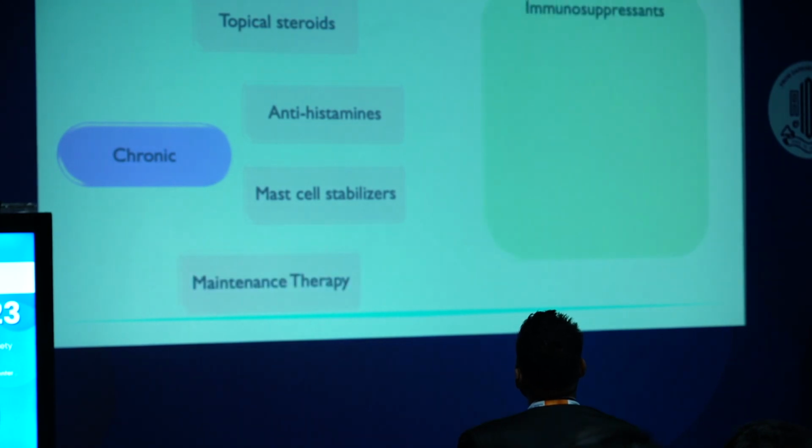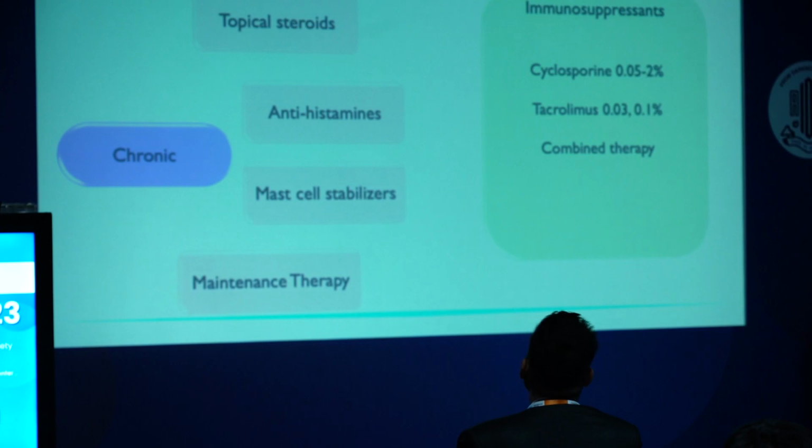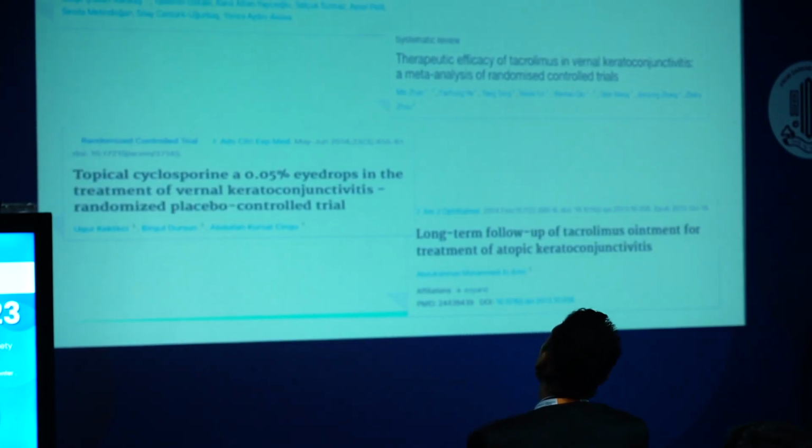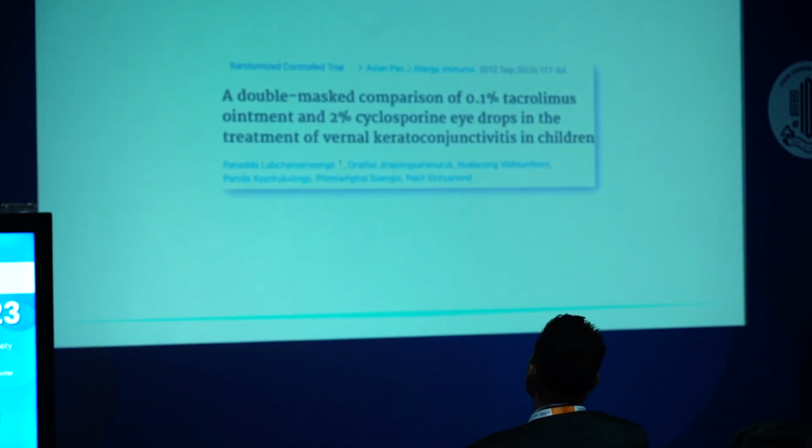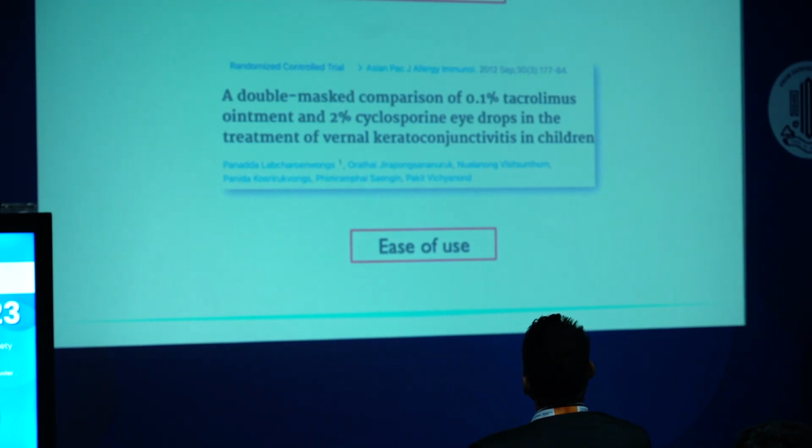Now, because the patients have chronic disease, they will require maintenance therapy, and here topical calcineurin inhibitors are the drugs of choice. And they also have a delayed onset of action. They start somewhere between 6 to 8 weeks, and so it is imperative to give the patients corticosteroids in the acute phase. The effectiveness of these medications has been established in literature, and head-on trials comparing cyclosporin and tacrolimus have found that both have similar efficacy. But tacrolimus is an ointment. It has a once nighttime dosage, and overall the discomfort with tacrolimus is lesser,